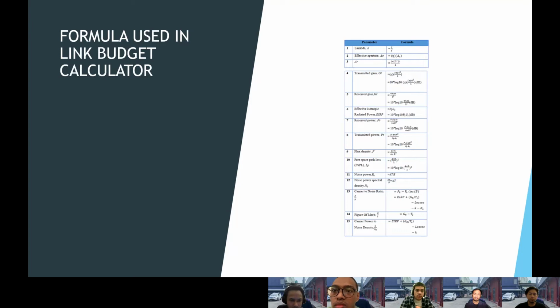So next, the formula used in the link budget. So there are some formulas that we use in the design, such as lambda, effective aperture, transmitted gain, received gain, effective isotropic radiated power EIRP, received power, transmitted power, flux density, free space path loss, noise power, spectral density, carrier to noise ratio, figure of merit, and the carrier power to noise density.